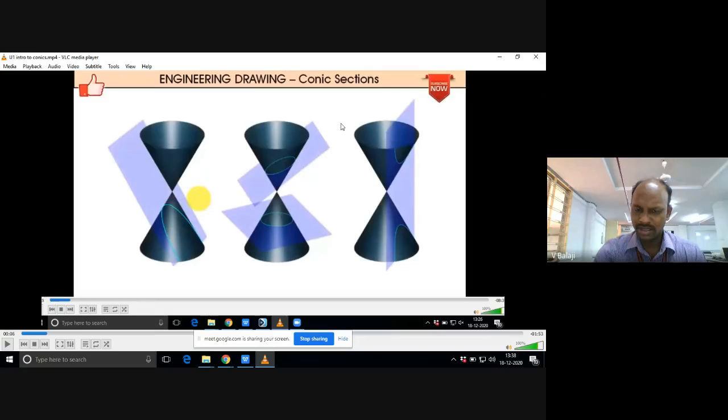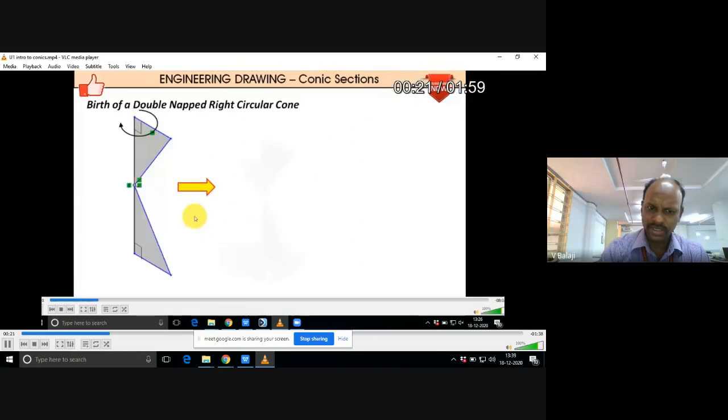If you cut at this particular angle, you get an elliptical shape. And if you cut like this, you get two branches of hyperbola, one here and another here. So if you take a right circular cone and cut it at different angles, we will generate different